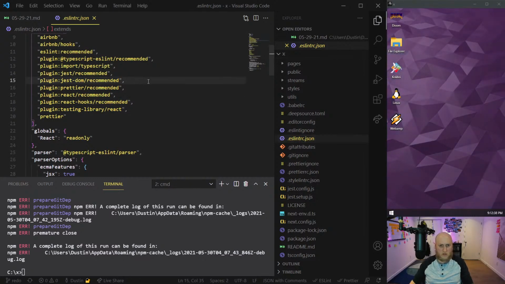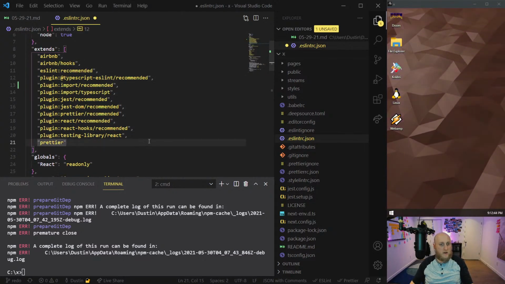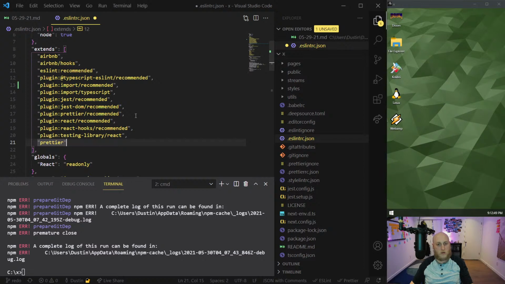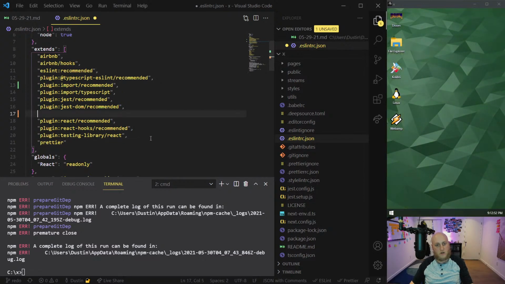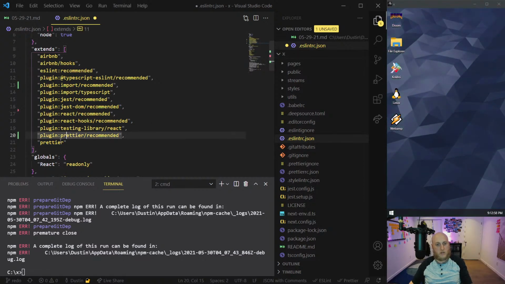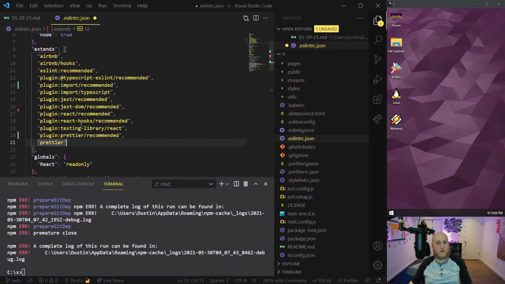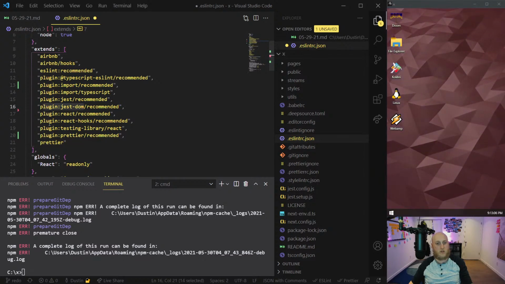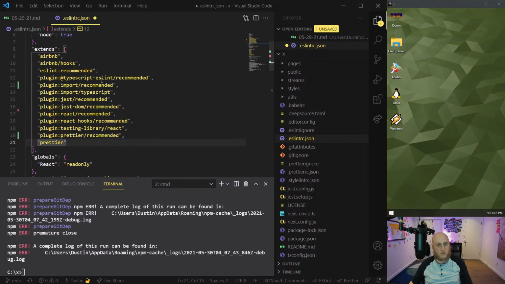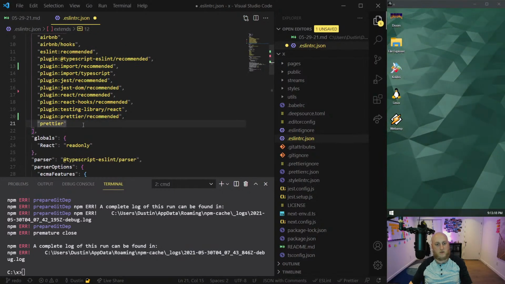Where the heck did I put it? Above import, right. It's funny how some of these I do alphabetically as an OCD kind of concept, but at the same time I probably shouldn't. And on that note, there's another change I was going to do. I was going to move prettier here, because I pretty much read that for most of these prettier plugins, they suggest having them at the bottom because it's typically overrides to disable things. So if you have a disable here and then another extension enables it, you don't want that. So I try to put these at the bottom so there's no conflicts between ESLint and prettier. And it bothers me because then it's not alphabetical, which is frustrating.